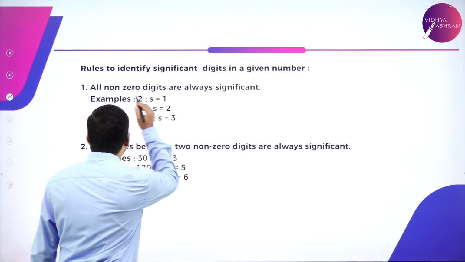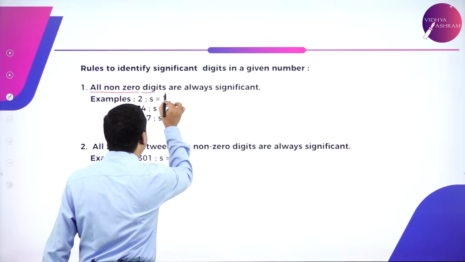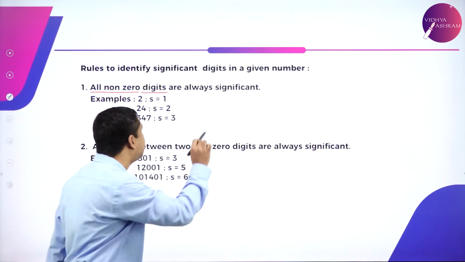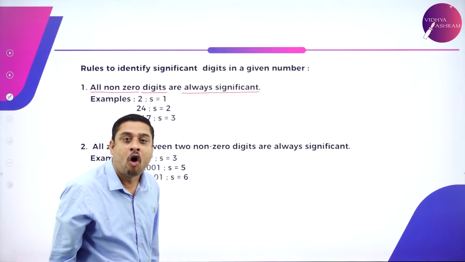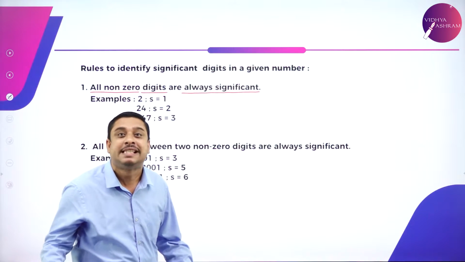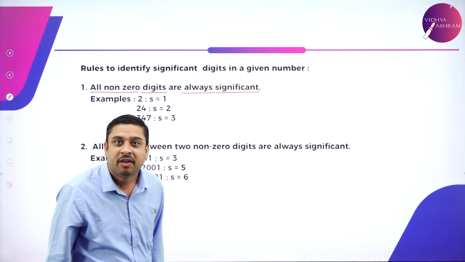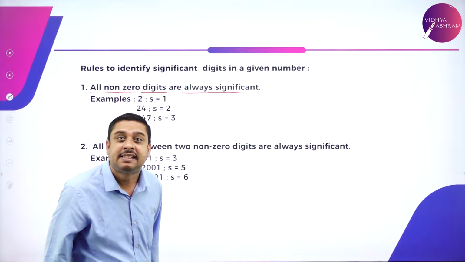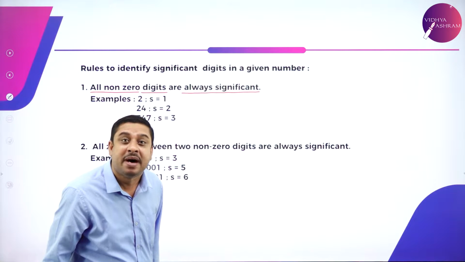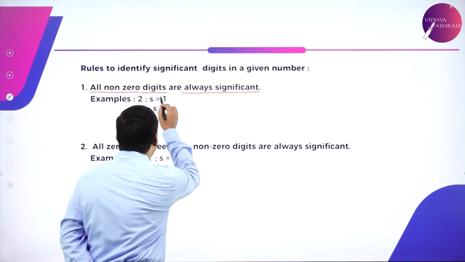That is what we understand through the set of rules. Rule 1. The rule 1 says all non-zero digits, very clearly, non-zero digits are always significant. Any non-zero digit is always significant. Non-zero. What do you mean by non-zero? A digit which has a defined value in the number system. Something which is other than zero are always treated to be